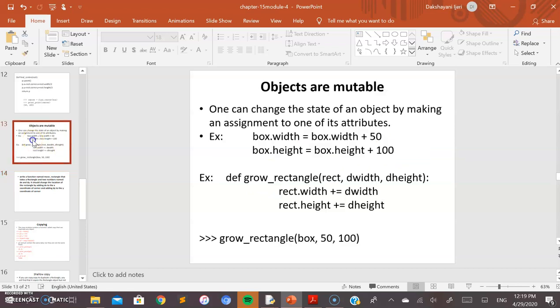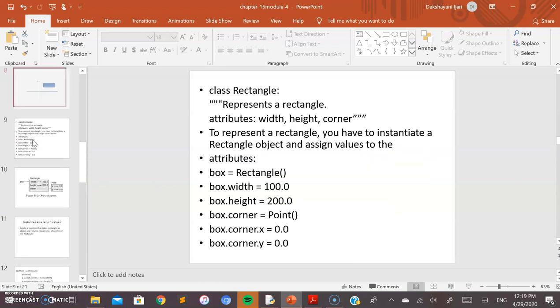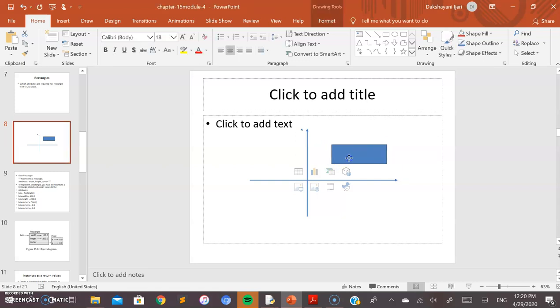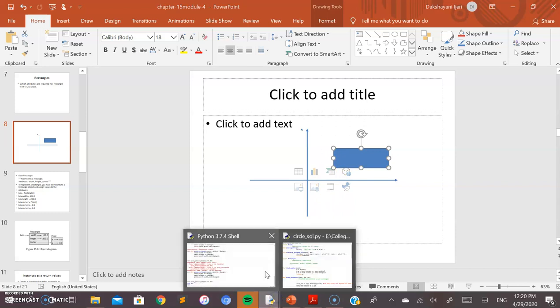So the meaning of this function is: for the rectangle that has been created earlier, you need to write a function that takes the object of this Rectangle class as the first parameter, and two new values for the x and y coordinates to change the position. That means you want to change the location of the rectangle to the new position by adding the new values of the x and y coordinates. So let's see how it is done here.